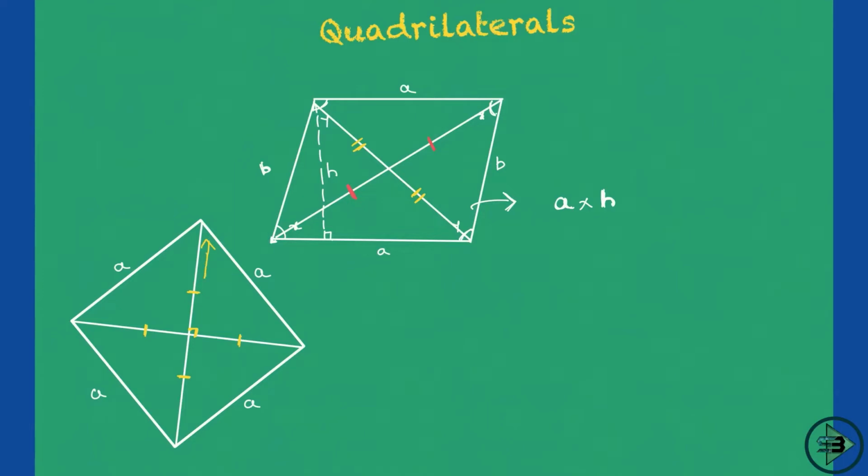So see, one diagonal, the length of this is d1, and the length of this diagonal is, say, d2. So the area of the rhombus in this case, which means if I have to paint this completely from inside, so what will be the area of this? That we have done: half into d1 into d2. Half into the product of the diagonals will be the area of the rhombus.